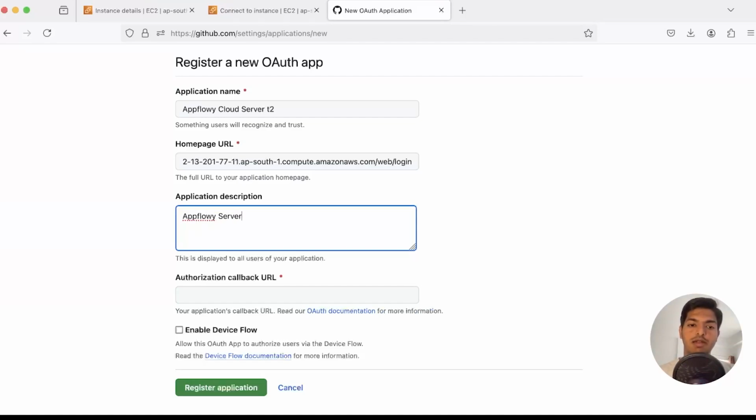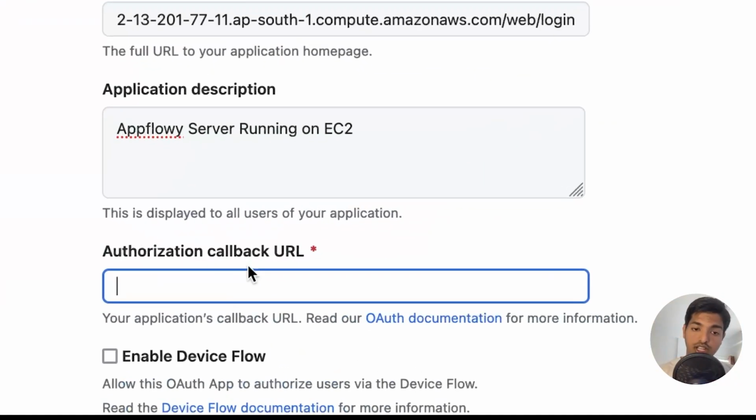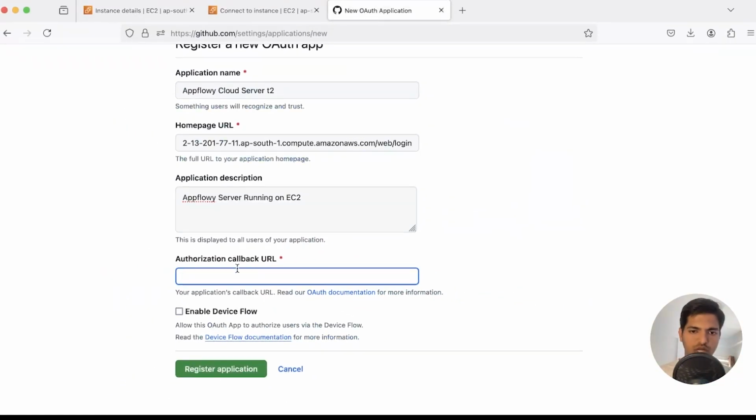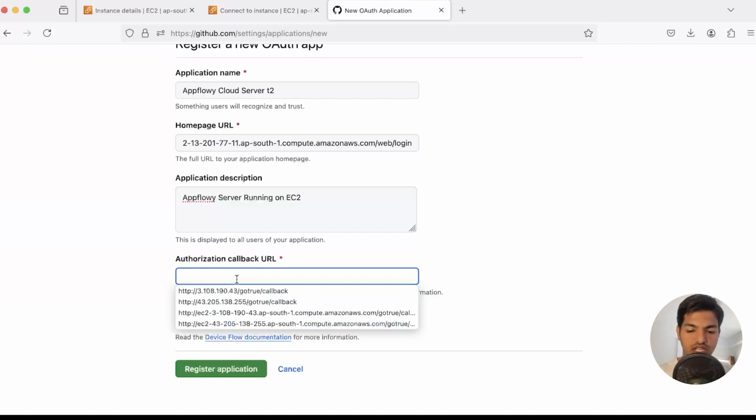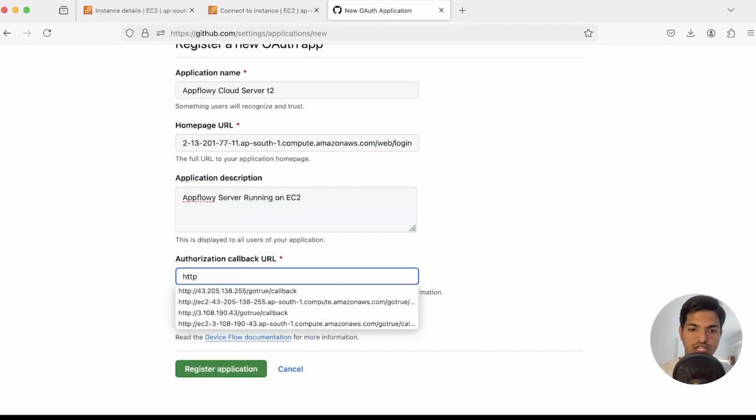The application description is nothing but optional. So I'm going to say AppFlowy server running on EC2. If I could type. And then this is the important part. Okay, so this says authorization callback URL. So I'm going to go here, and again I'm going to say http:// and then the